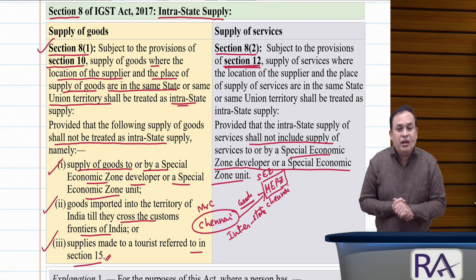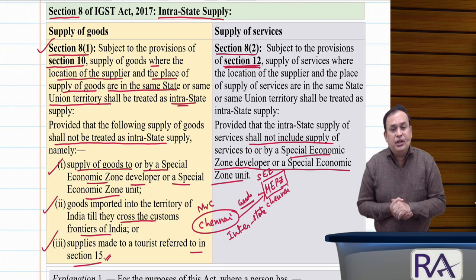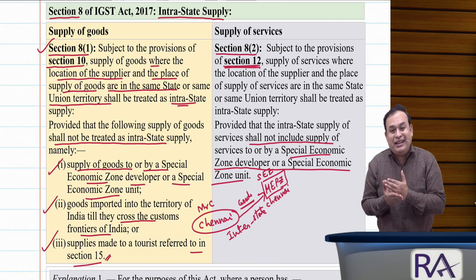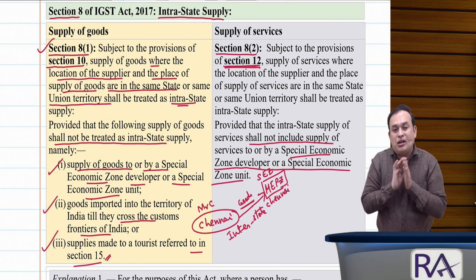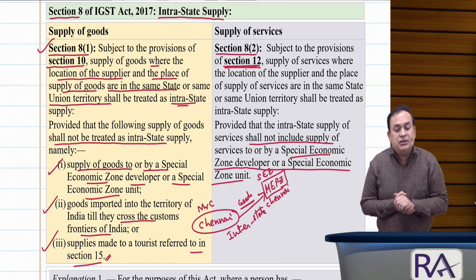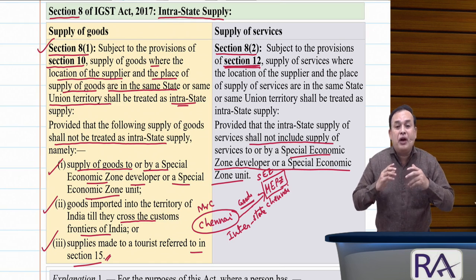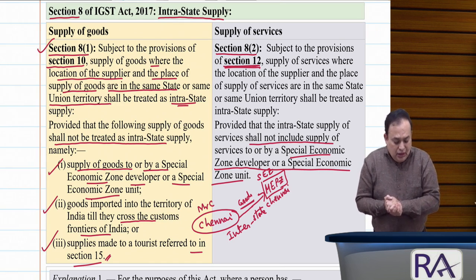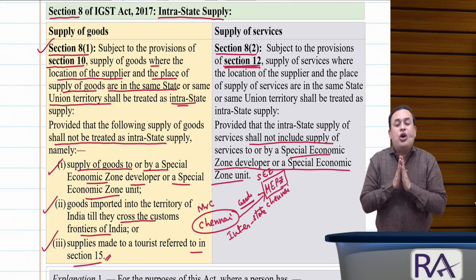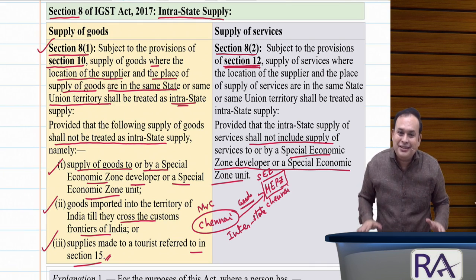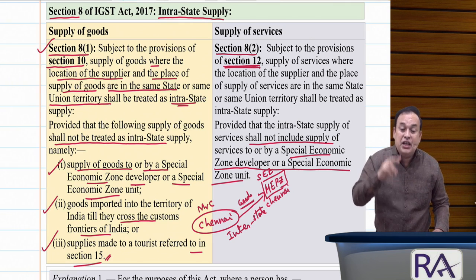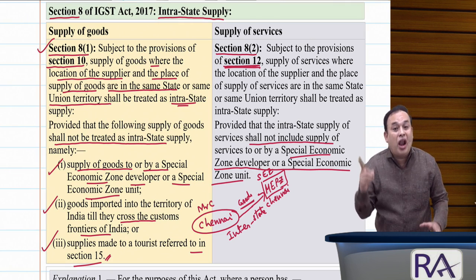Second one, in the given case, goods are imported; before crossing the customs frontier of India, if supply has taken place, it is not an intrastate supply. It will be treated as interstate supply. Third one, supply of goods to a foreign tourist as referred in section 15 of IGST Act, then it is also not an intrastate supply. Got the clarity? Further I referred section 8 subsection 2 of IGST, which talks about subject to section 12 of